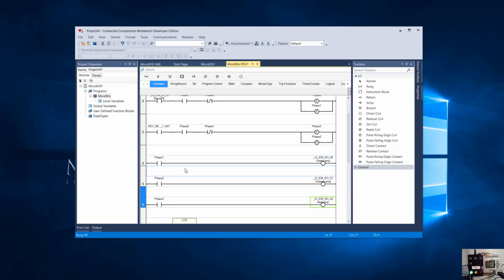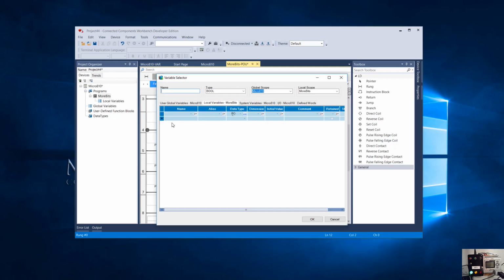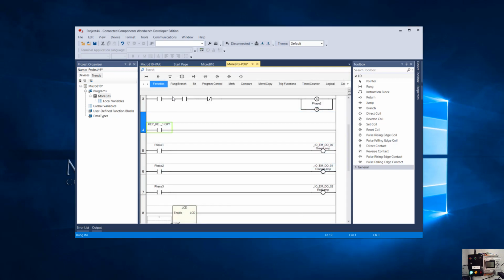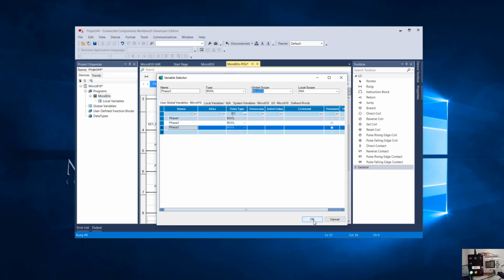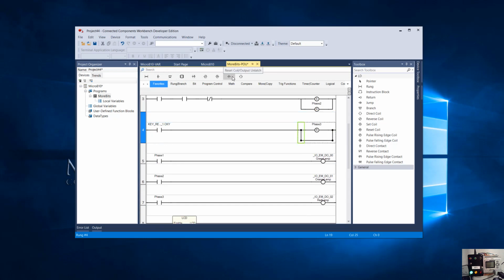Okay, so I think now we have logic that'll help us move through from phase 1 to 3, but we don't have any way to get out of the phases when we're done and start over. So let's add one more rung. We'll do it up here, and let's use the escape key. So it's local variables, clear the filter, and the escape key or cancel key is, I want to do the one that I don't have to hold for 2 seconds, so that is this CKY. We'll use it, and when I have that, I'm going to use it to reset the phase 3 bit. I'm also going to use it, I'm just going to put in parallel to reset